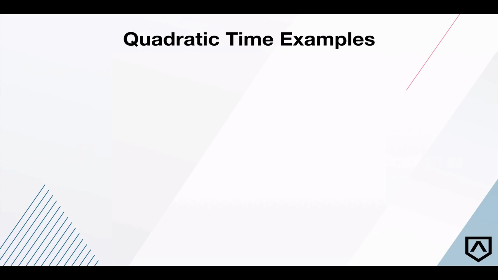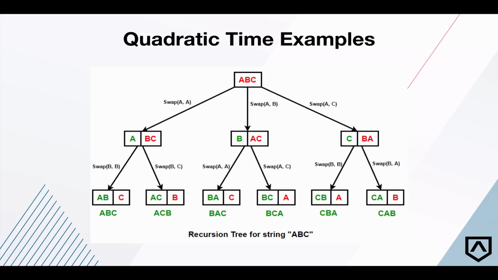But some examples of quadratic time might be, for example, when we want to enumerate all of the possible permutations of some string. So in this example, we have a string with 3 characters, and if we wanted to enumerate all the possible strings, it turns out there's 3 squared total permutations, right? So 9. There are 9 possible permutations we could create with this string,